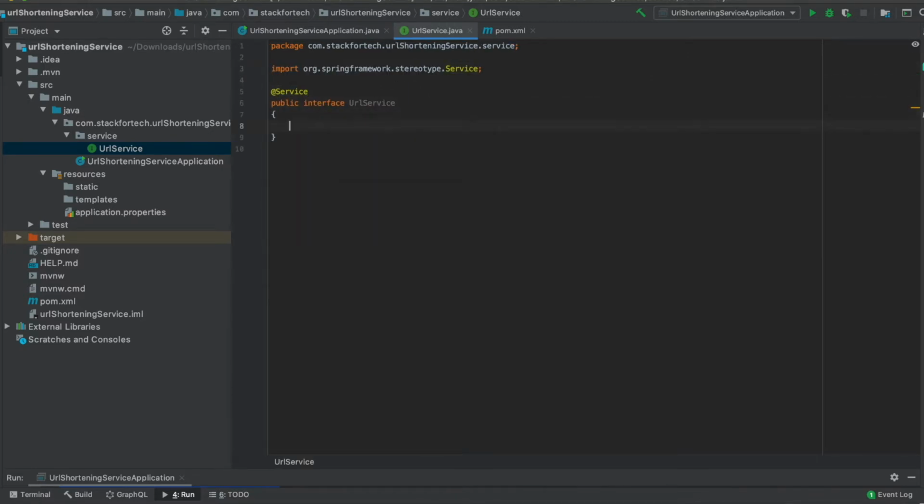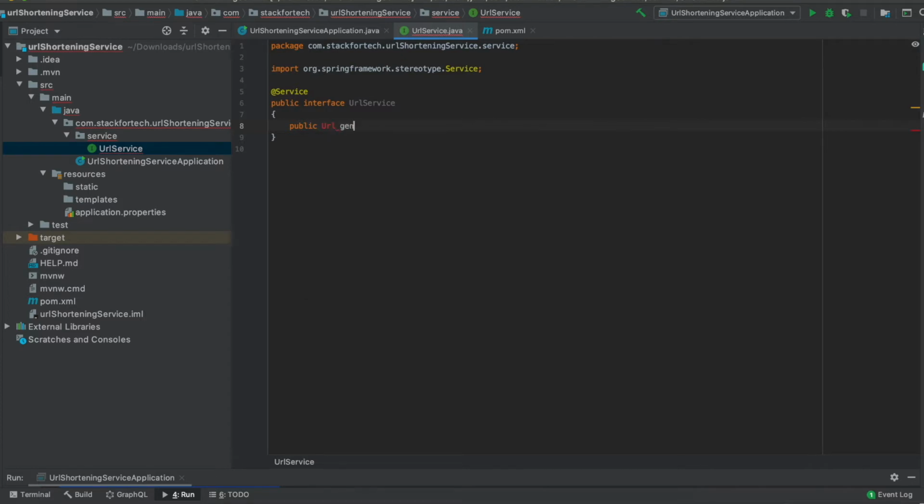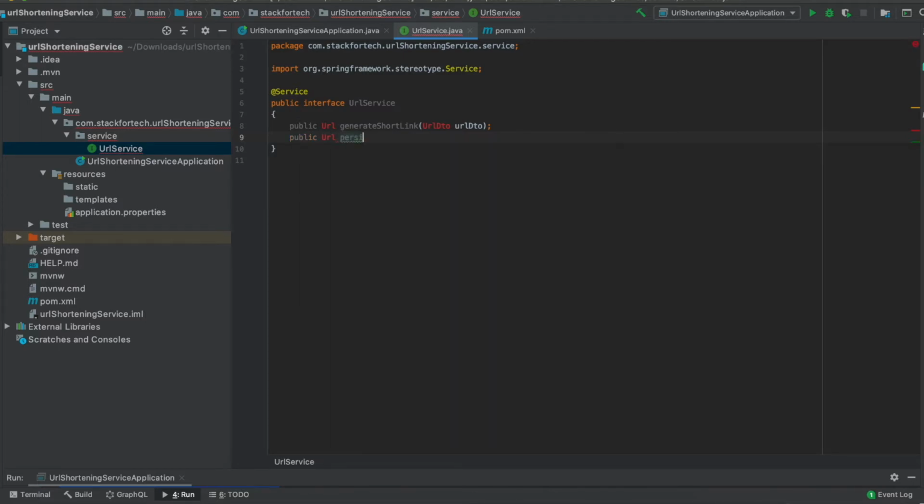So this will basically have 4 or 5 methods. The first method would be public URL, the return type would be URL, generateShortLink, and the input to this method would be a URL DTO which we will create. Then the next method would be public URL, to persist the generated URL, so persistShortLink, and this will also take one URL object.